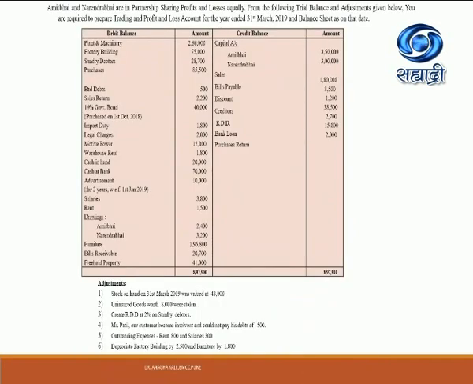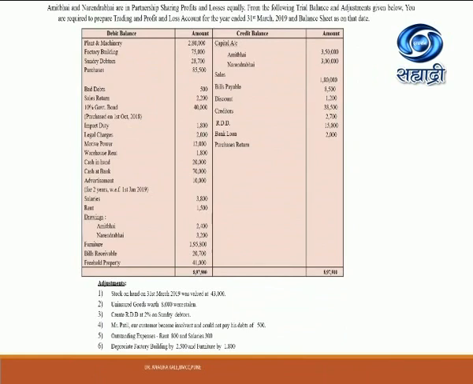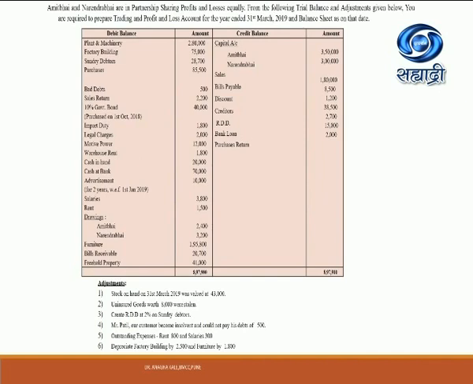Bank loan is there and purchases returns are there. Bank loan is 15,000 and purchases return are 2,000. Now bank loan is liability. So check in balance sheet on liability side, below the creditors, we are having bank loan 15,000. Then purchases returns are 2,000, which we should deduct from purchases which are shown on debit side of trading account. So trading account debit side, purchases are 85,500 less returns 2,000. So net purchases shown in outer column are 83,500. Here we finish posting of all trial balance items.